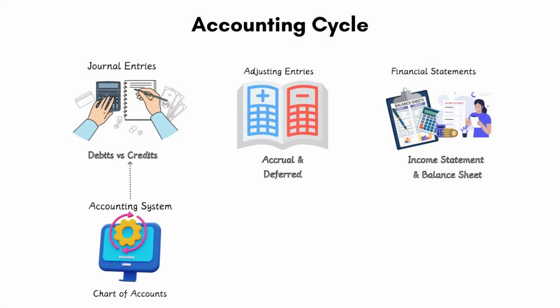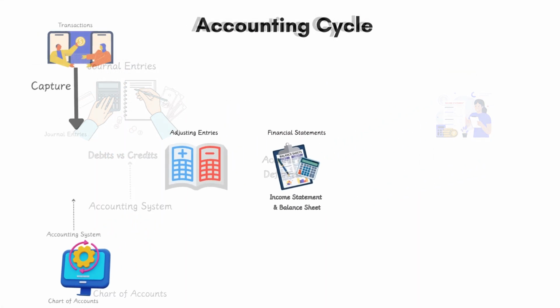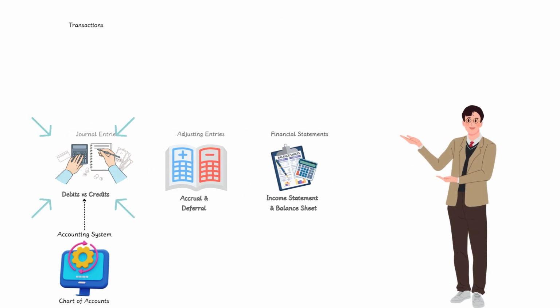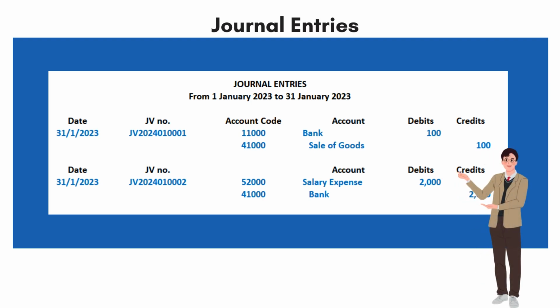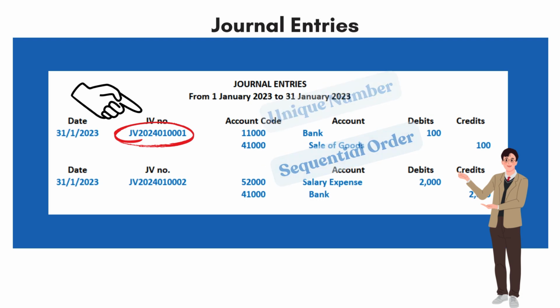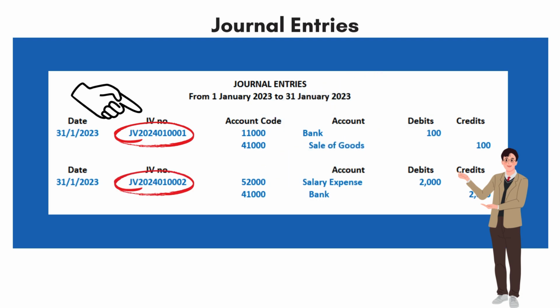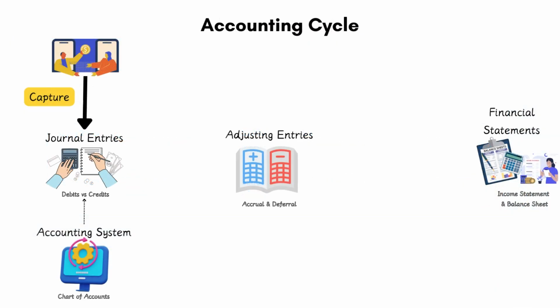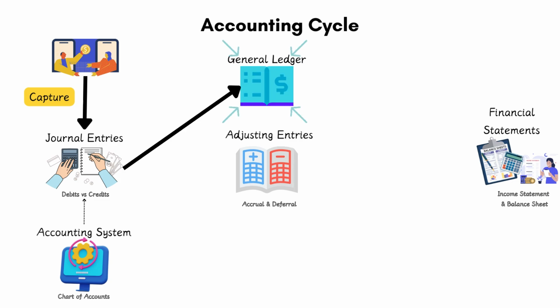Once we have our accounting system in place, we can record accounting transactions by preparing journal entries. When making journal entries, each transaction is assigned a unique number for easy identification, and these numbers should be in sequential order like JV2024010001, JV2024010002, and so on. After ensuring the correctness of the prepared entries, we post them to the general ledger, a